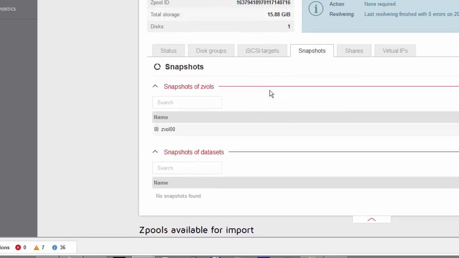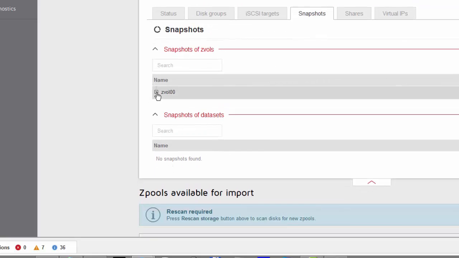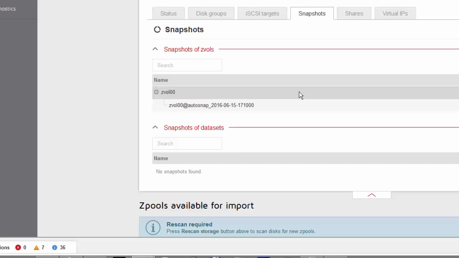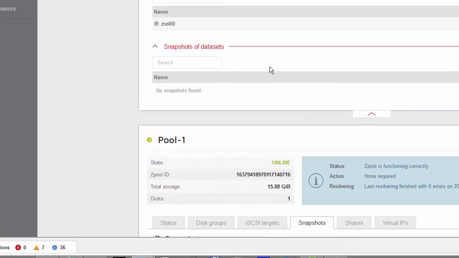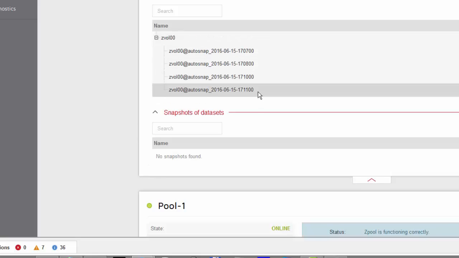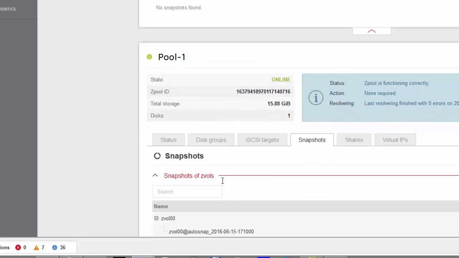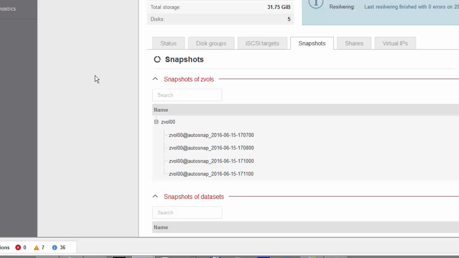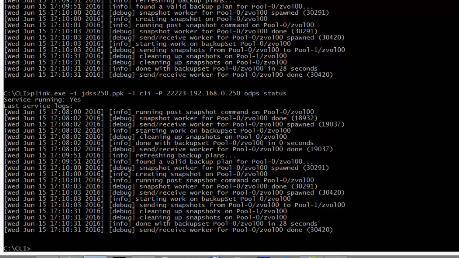So now on the pool 1 you see there is a plus sign already, which means the first snapshot was already replicated to the pool. Now every minute, because we have set it that way, a new snapshot will be created, and every minute all the deltas between snapshots will be automatically replicated. With the new version, which I'm showing here, there are also commands